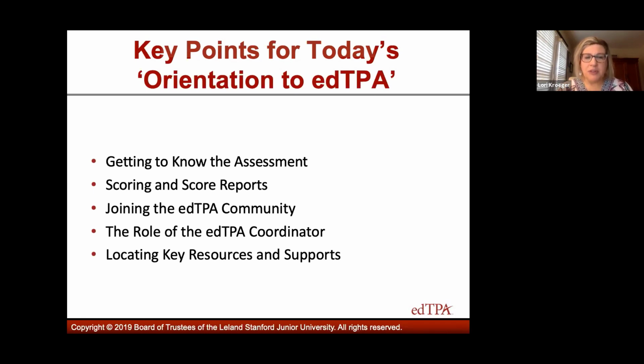We'll talk briefly about the role of the edTPA coordinator or contact person. That's really the role that will serve. And then also how to locate and access key resources and supports. I know that as programs who are mentoring new teachers through their edTPA, those are really important for you to have. So I want to make sure that I tell you about how to get to those as well.